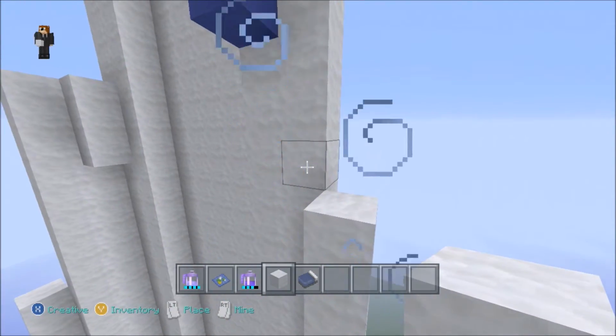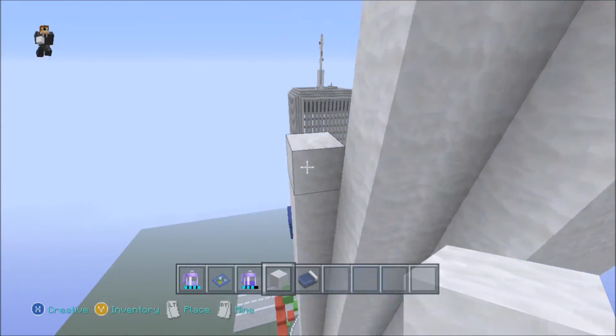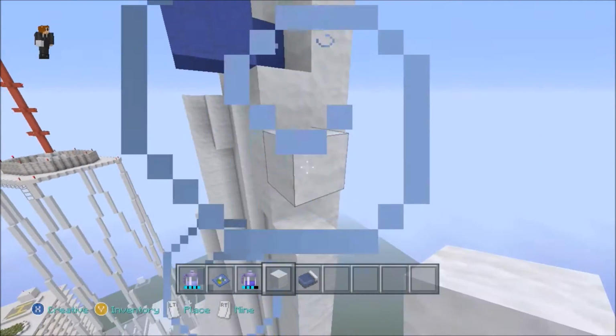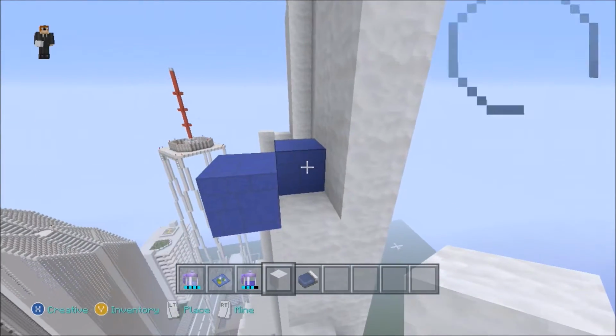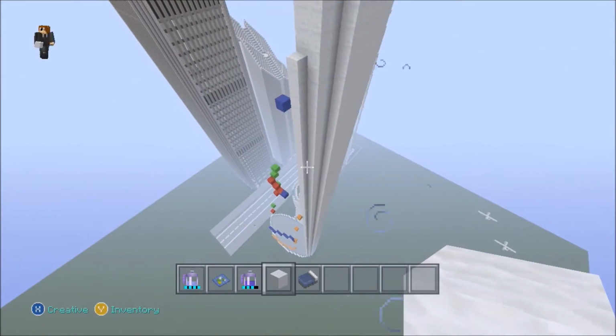And what we're going to do now is, if you've gone up 160 blocks, we're going to come in 1 and climb up 3 high, just like that. And that is that layer done. So you can see the back starting to form, and if I drop down to the bottom of the building again,